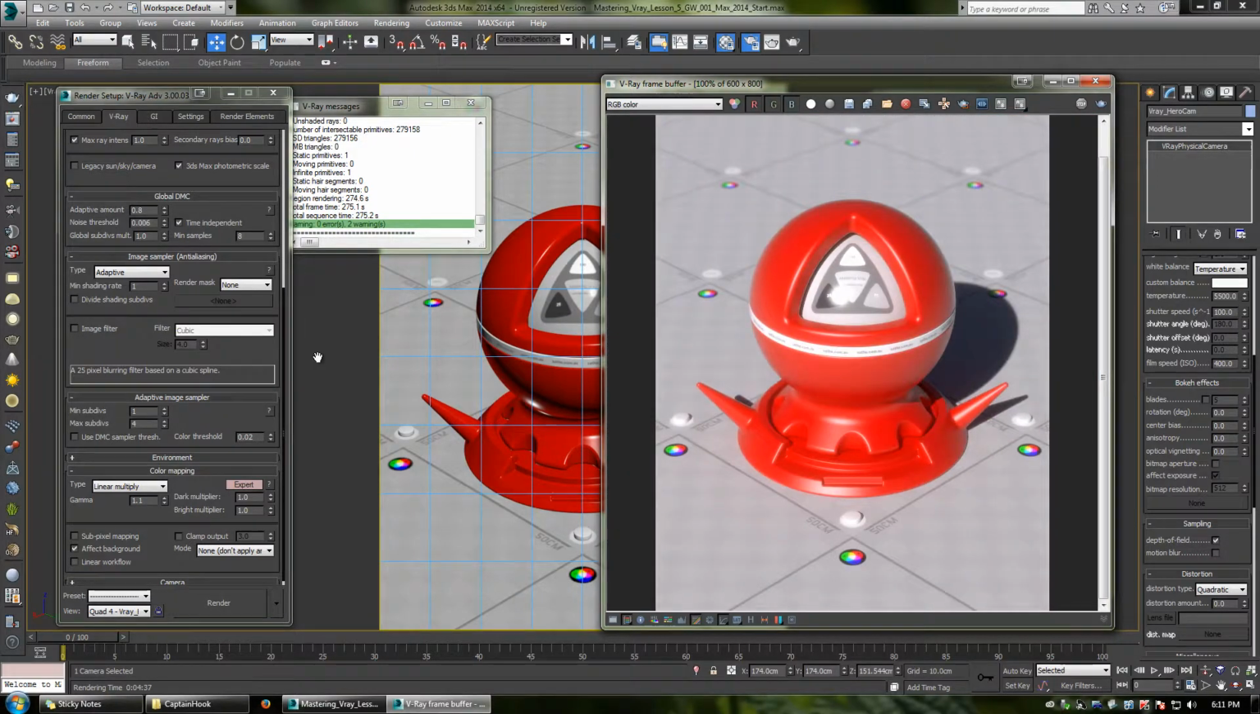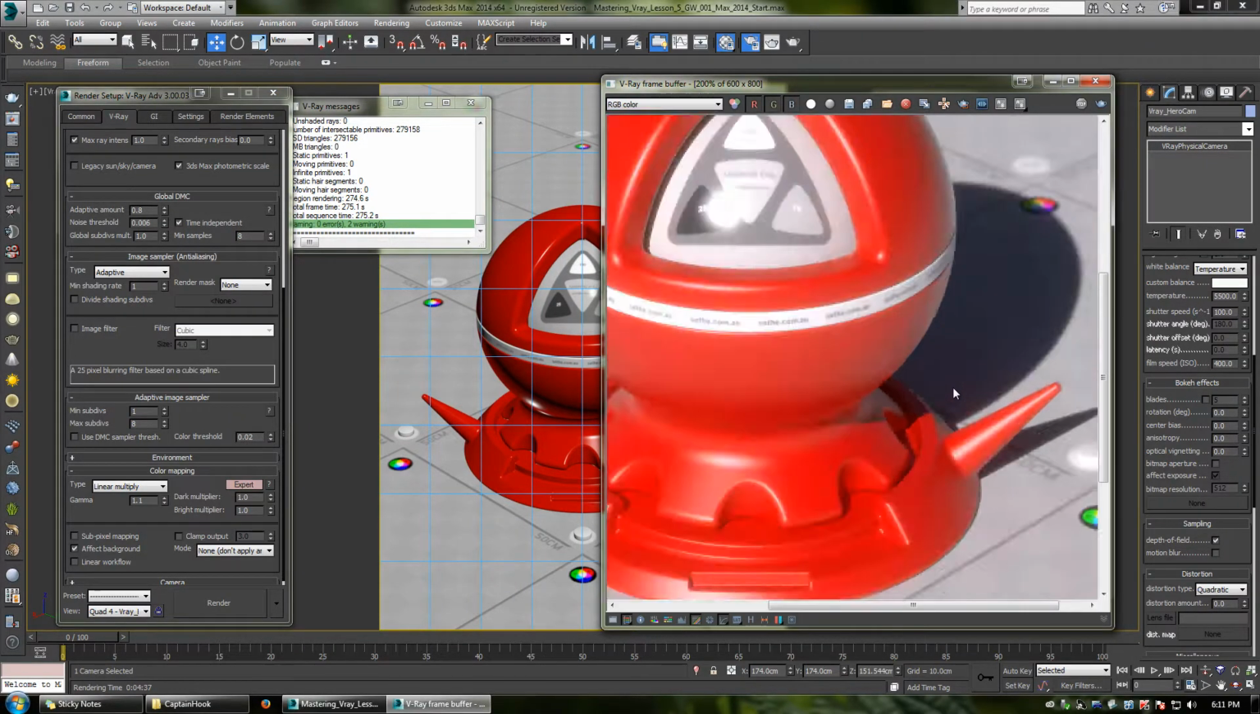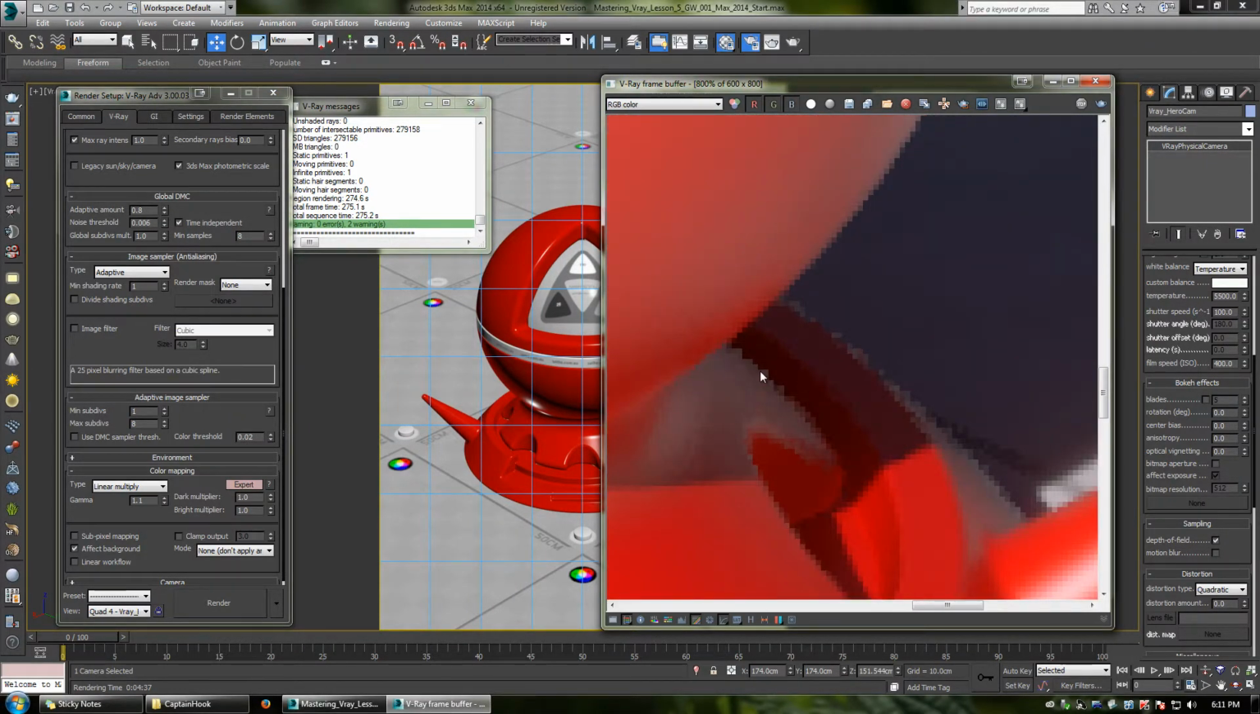So what I'm going to do to fix that is I'm just going to go to 1 and 8, and if we zoom in here, we can see there's quite a bit of noise in this shadowy area, more than is